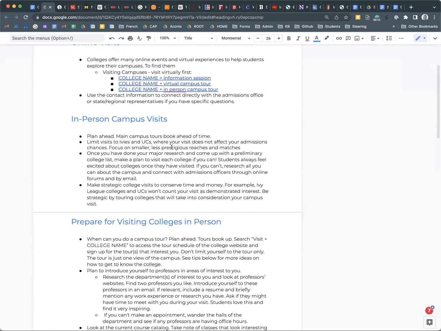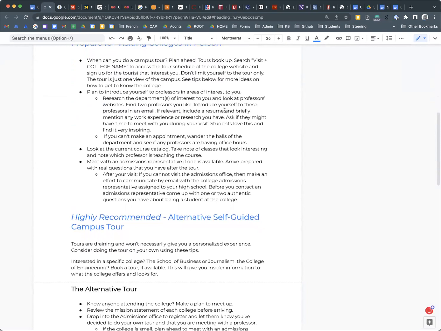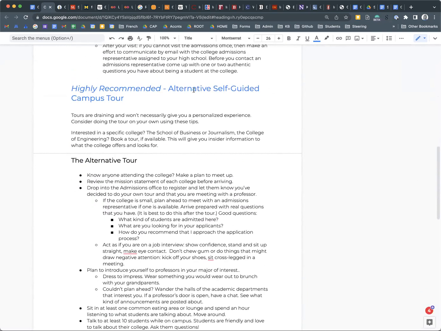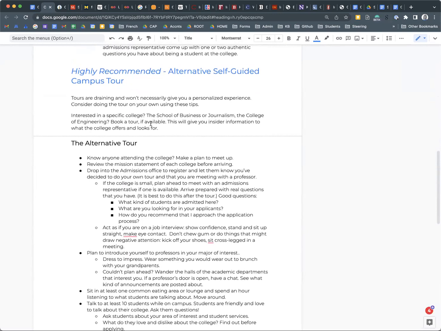This list is great. It tells you how to do in-campus visits. Everything that I've just talked you through is in here, as are my highly recommended alternative self-guided options. And I give you a whole bunch of tips for different things that you might do while you're on campus rather than doing the tour. So the tour is basically a marketing tour for the most part. It's nice because you get into the dorms and they take you to the cafeteria and the library, but really your focus should be on how happy are the students here?